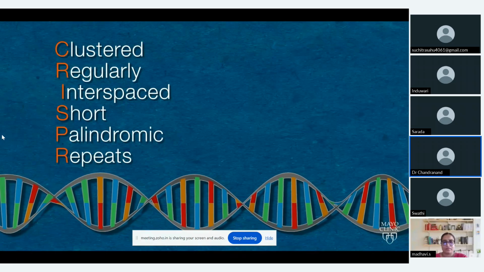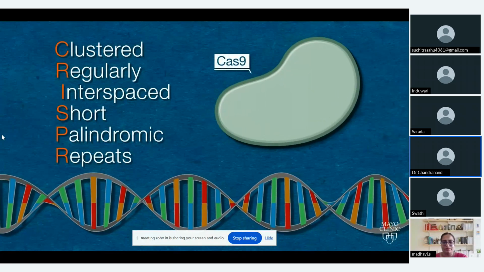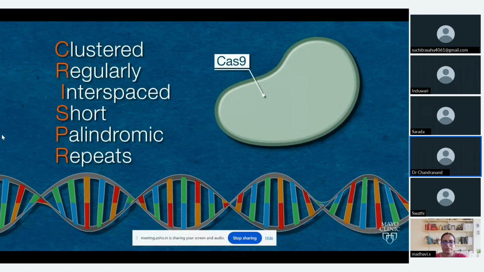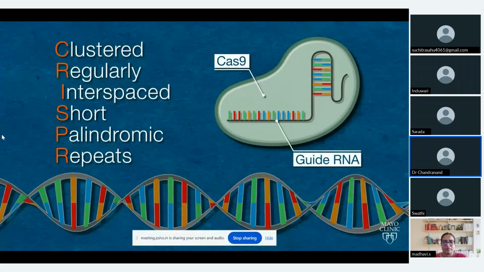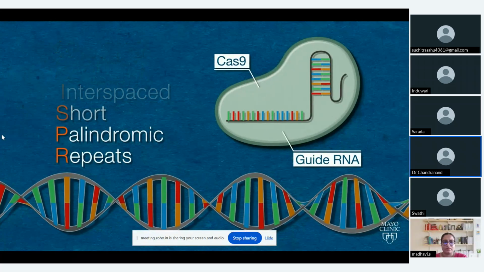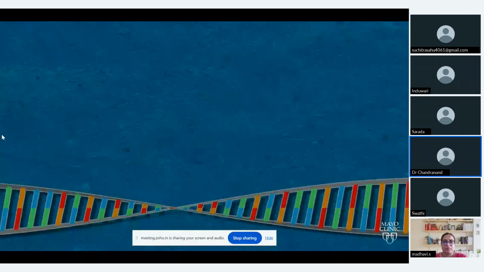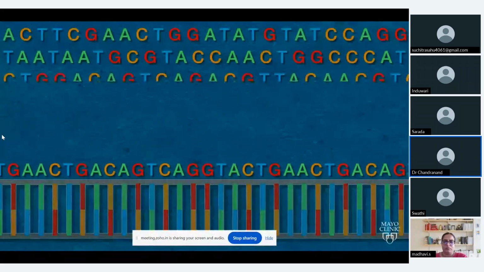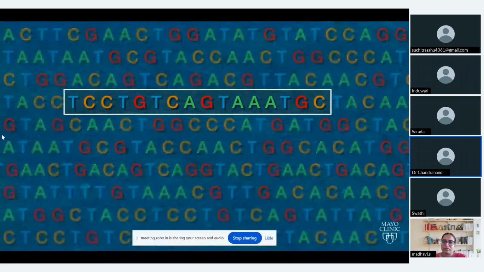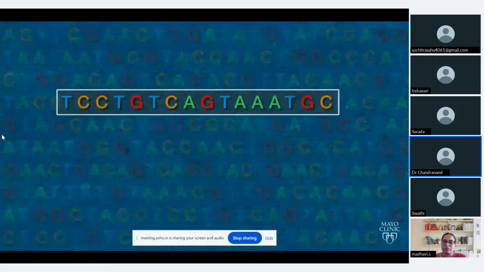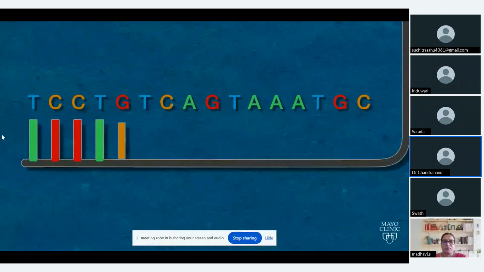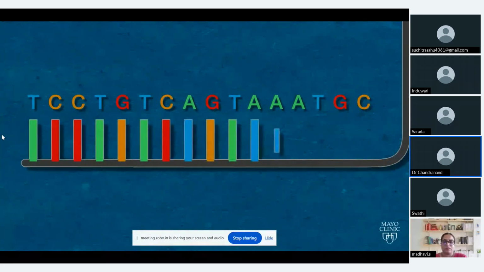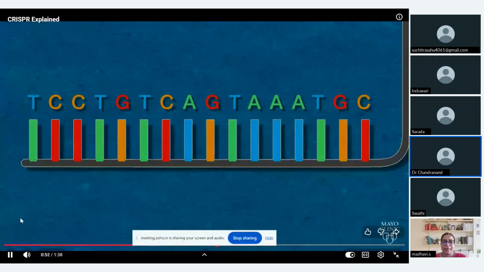CRISPR consists of two components, the Cas9 protein that can cut DNA and a guide RNA that can recognize the sequence of DNA to be edited. To use CRISPR-Cas9, scientists first identify the sequence of the human genome that's causing a health problem. Then they create a specific guide RNA to recognize that particular stretch of A's, T's, G's, and C's in the